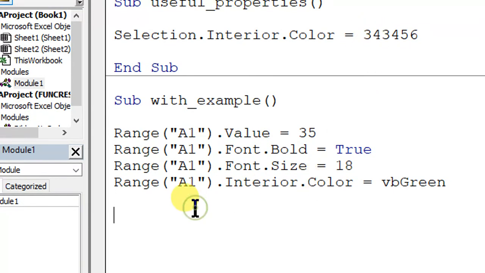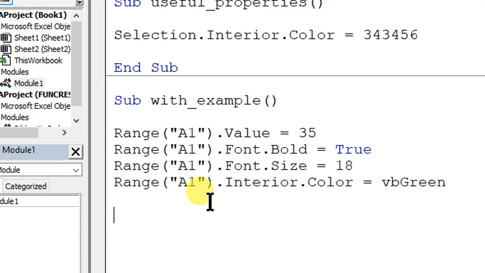Fine. So look what we have done. We have applied 4 properties to which object? The Range A1 object. So every time we wrote Range A1 dot, Range A1 dot, Range A1 dot, Range A1 dot. So now what I want to do is, with the help of the With construction, we'll write this program and this will become short. See how.